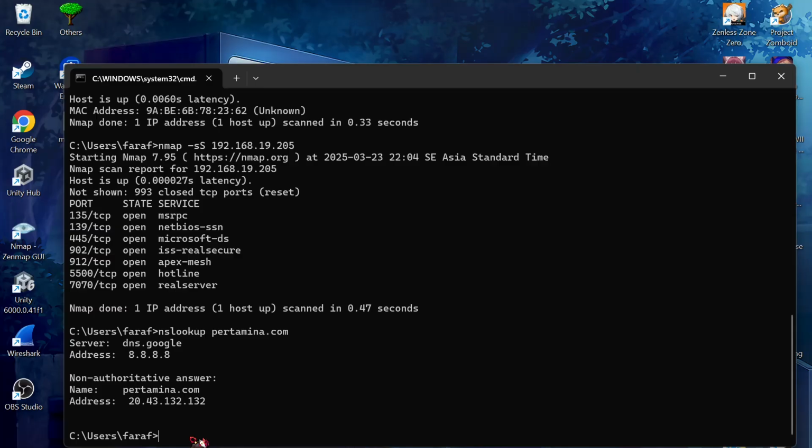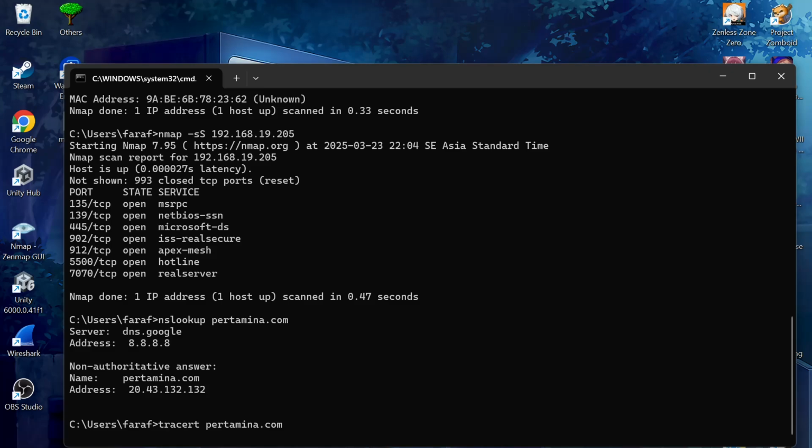Okay, next step, we trace the route of packets. To trace the packets, we can type tracert, then the domain pertamina.com, then enter. This command helps in analyzing the network path and detecting delays between nodes.